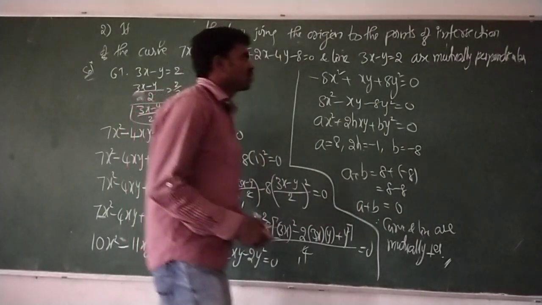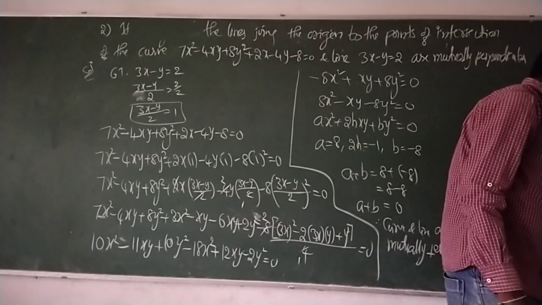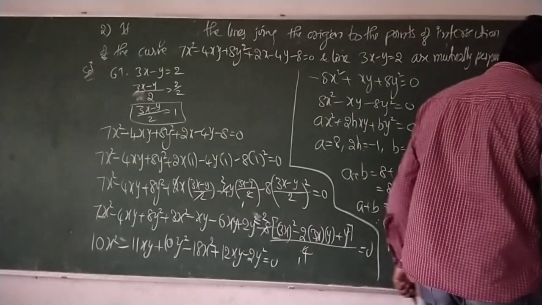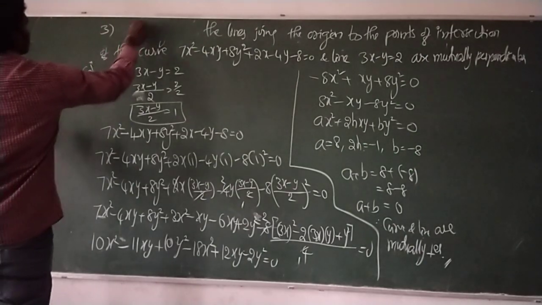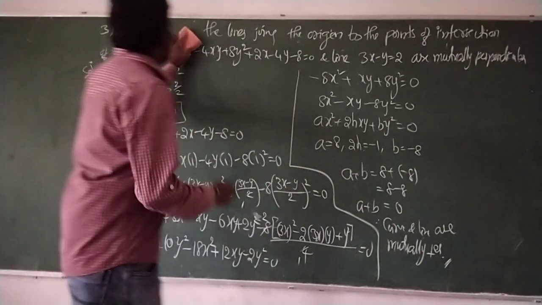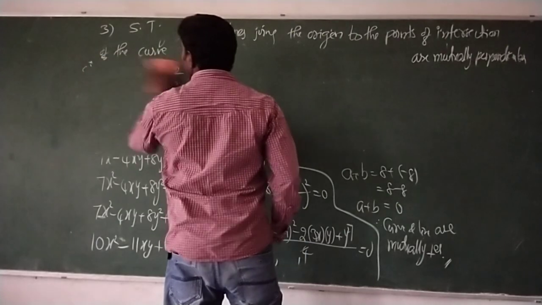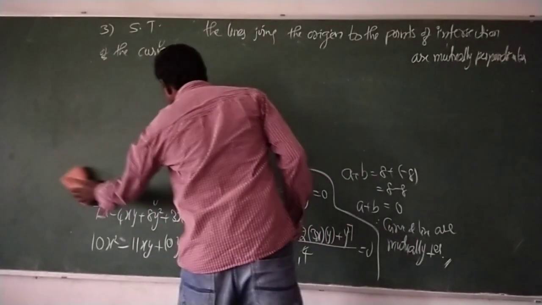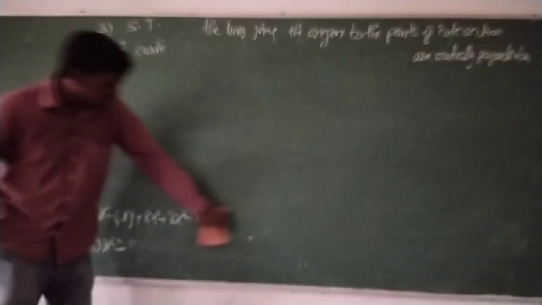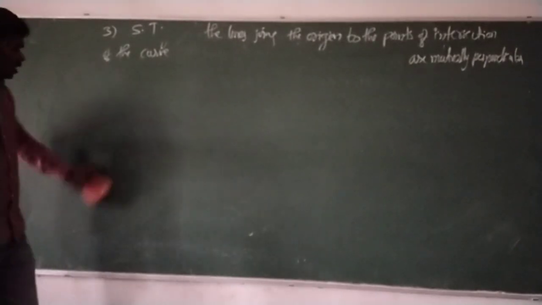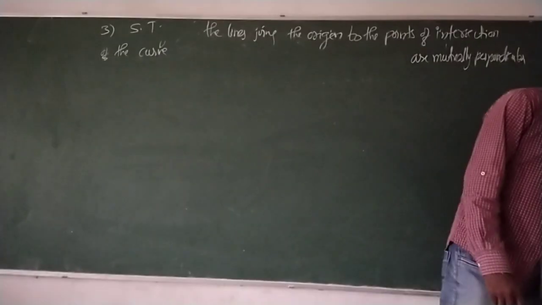Okay. The same with the third question also. It is the same type of question, mutually perpendicular. Show that the lines so and so are mutually perpendicular. You can do this third problem also, but these problems are very important. So that's why I am doing it here. Even if you are capable, please pause the video and solve the problem, and after that you can verify with me.